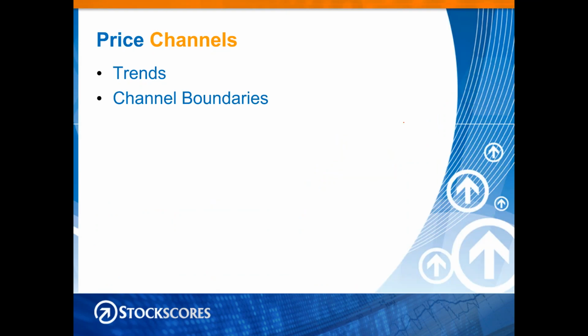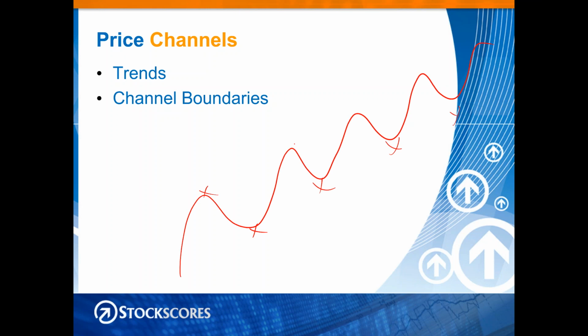All right, let's go over another concept called price channels. It's kind of a pattern, but we can trade channels as well. So a channel occurs when you take a line across the bottoms and a line across the tops, and it forms a channel. They are two parallel lines moving, in this case, up, but you can have downward sloping channels as well.